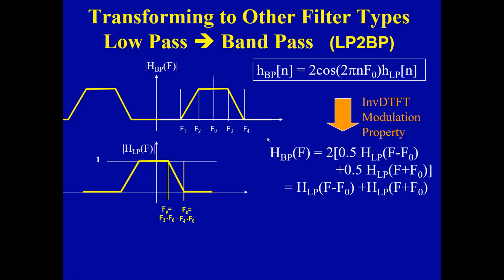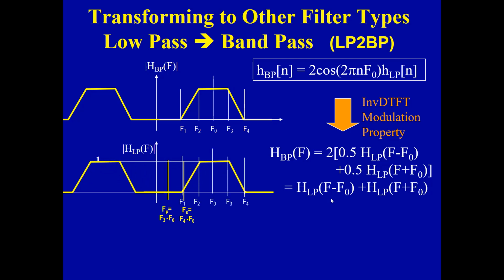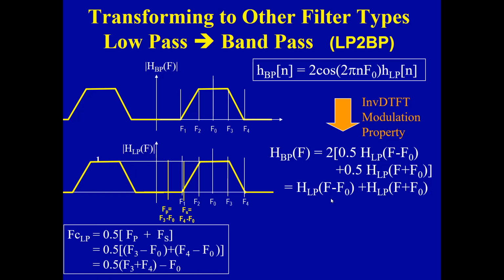Looking at what that's doing in the frequency domain, that's just confirming that we would start with a low pass filter's prototype. We would make copies of that centered now at plus f0 and minus f0, where f0 is the center of the pass band of the band pass filter that we're after. Using those relationships, then